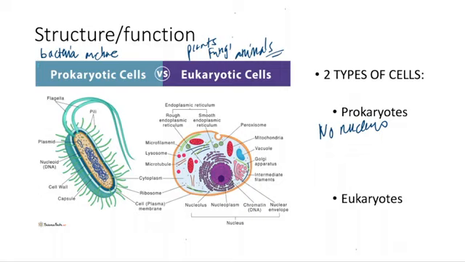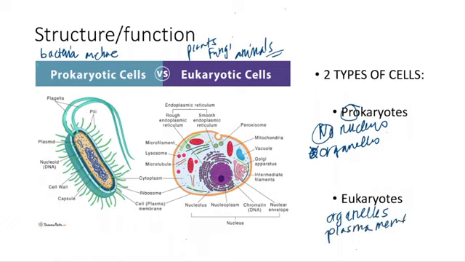So prokaryotics have no nucleus. Their genetic material is not housed in a nucleus. You can see here it's more kind of free-floating. They also do not have any organelles, and they're characterized by that no nucleus. So I always remembered it, no nucleus. Eukaryotes, they're larger. They have a lot more intracellular organelles. They have a plasma membrane. They have cytosol, a nucleus that houses the genetic material.